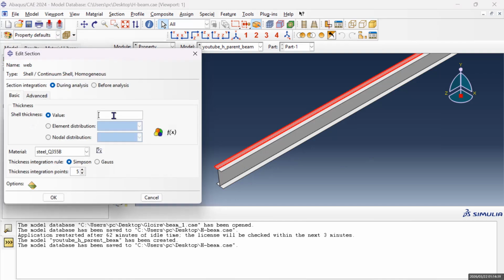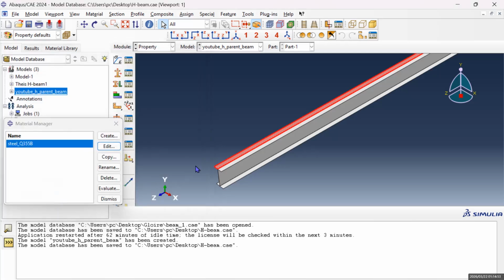Then the thickness of the web. Let me see how much thickness of the web that we use. But I think it should be 6. Yeah, it's 6 millimeter, and the material should be the same material because I say all of them are the same material. Okay, so now we need to indicate which one is web, which one is flange, right? We need to tell the computer which one is flange and which one is web. So we need to combine all of this section there. So I'm gonna go here on assign section,